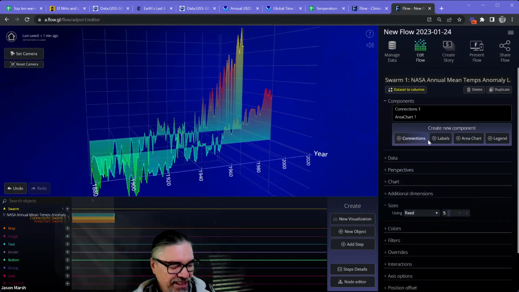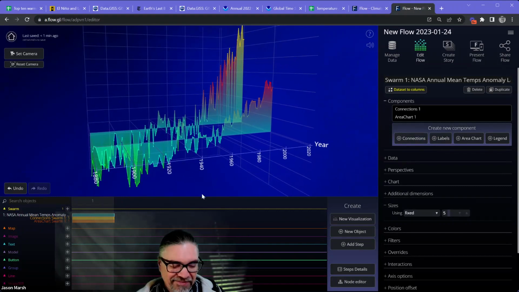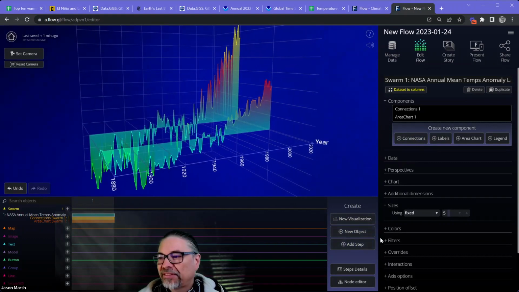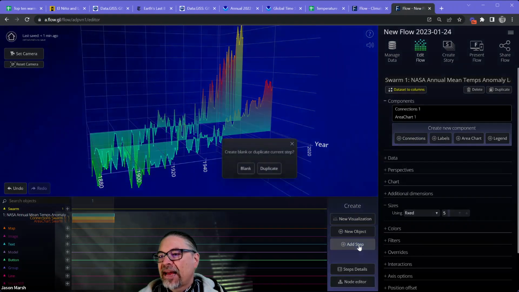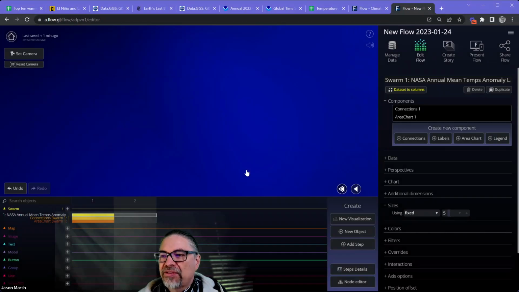Almost every week we're doing things to improve the UI. We actually have about 3 pushes a week, believe it or not. One of the most recent ones was that configuration incomplete button that keeps popping up. That's a really handy way to keep building things. So I'm going to move on to the next step, and we do that here with add step. And you can decide whether you want to keep working with the same flow or start with something new. I'm going to start with something new, so I'm going to call it blank.